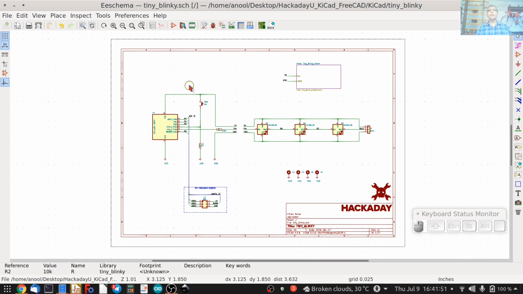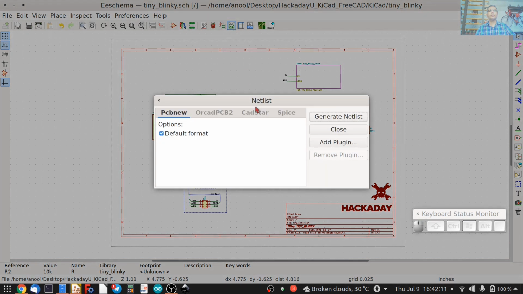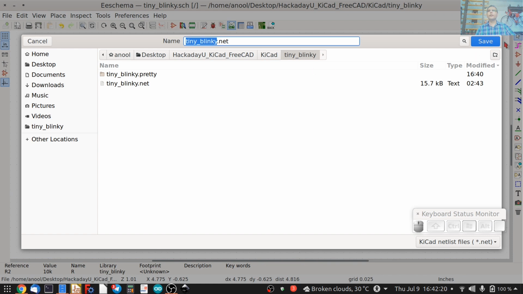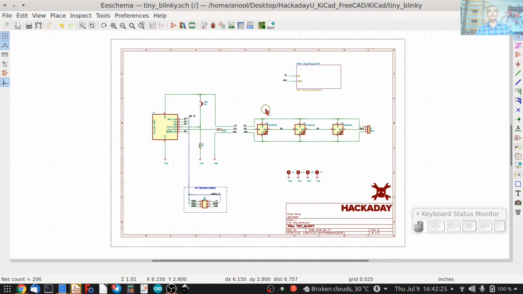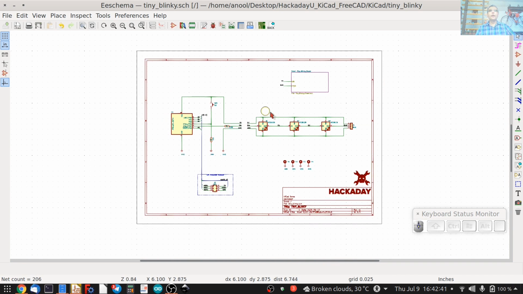And we can go over to making the PCB layout. And once again, in KiCad, as usual, there are two different ways of doing this. The earlier traditional way, which I will just show for purposes of how it works, is to create a netlist. And you do that by selecting this toolbar icon called Generate Netlist. The default options work. Click Generate. It creates a file name called tinyblinky.net. Save that, and that's your netlist created. Every time you make any change in the schematic, you must regenerate the netlist.